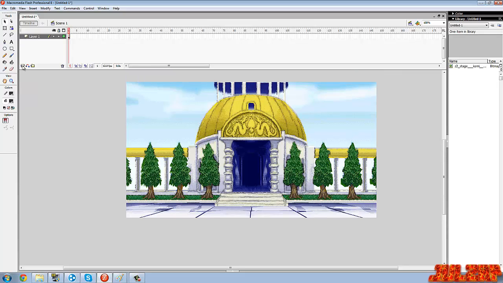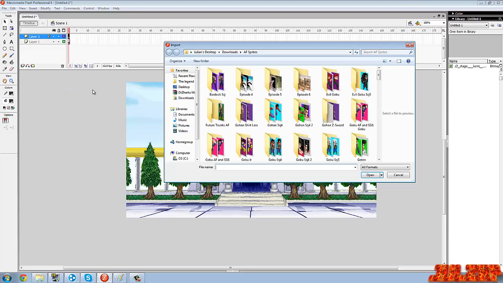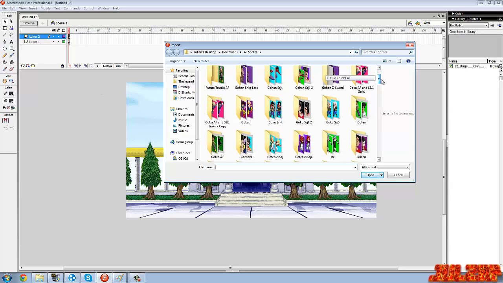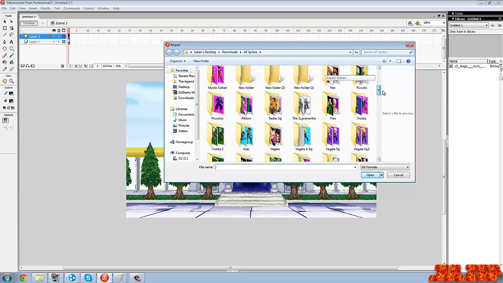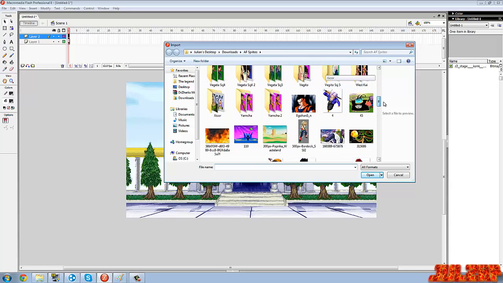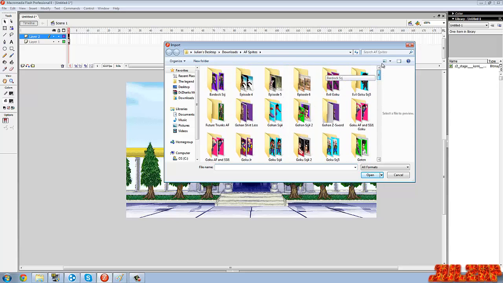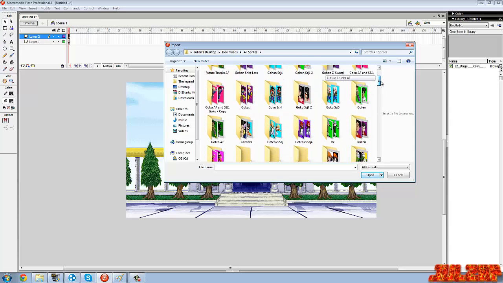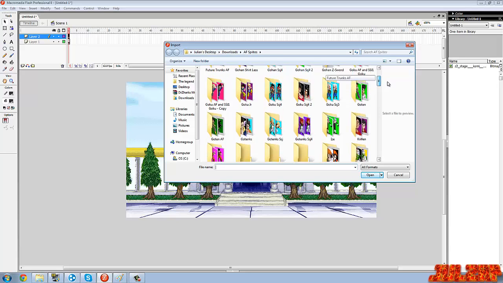Anyway, every time we insert something new, we always have to open a new layer. It's definitely a good idea. Now we gotta import a character sprite to the stage. Hopefully I'm doing this really fast. Anyway, let's find a good sprite. What can be an appropriate sprite? I will just go with,